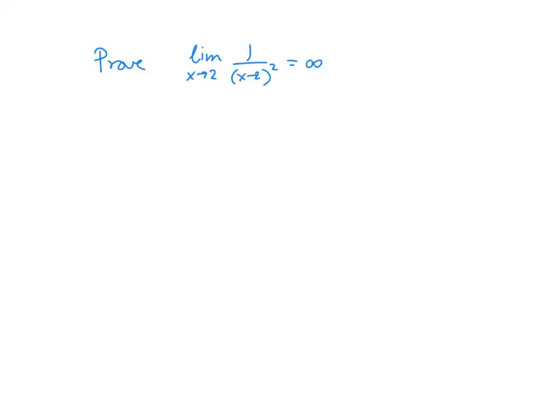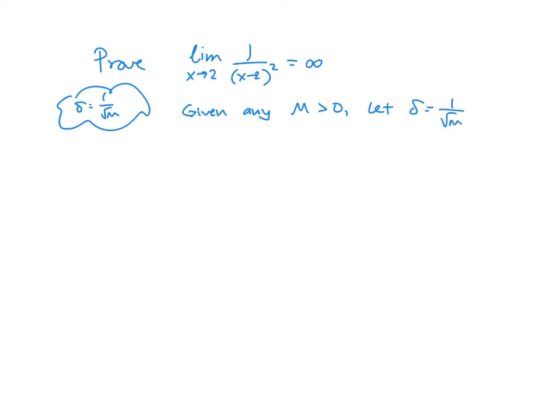And now finally, to prove that the limit of 1 over (x minus 2) squared is infinity as x approaches 2, from our scratch work on the last slide, we had that delta was going to equal 1 over the square root of M. And so what I'll do is I'll say, given any M greater than 0, for my proof, let delta equal 1 over the square root of M, so that whenever the absolute value of x minus 2 is between 0 and delta, then we have the function 1 over (x minus 2) squared is going to be